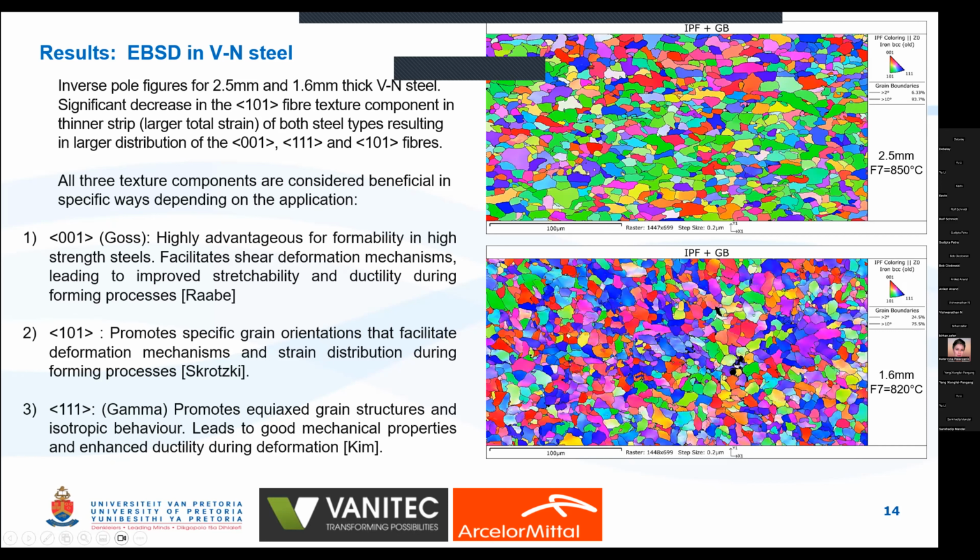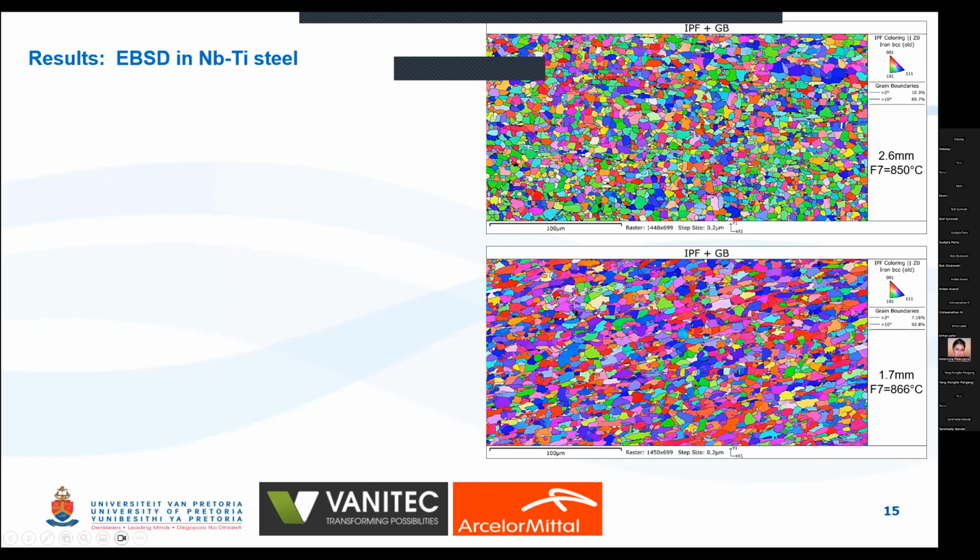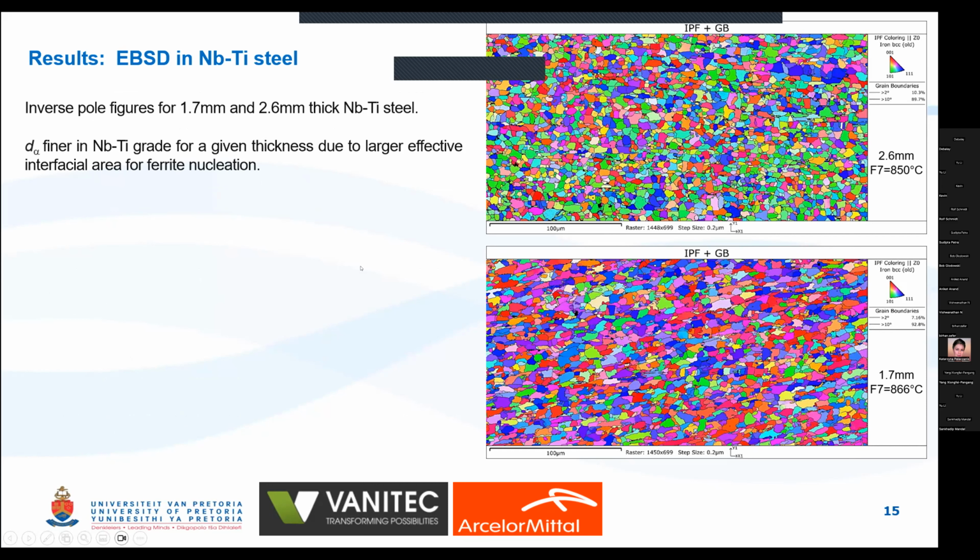but you can clearly see how the 101 has decreased the thinner you go. The same result, interestingly enough, was found in the niobium titanium steel, albeit the niobium titanium much finer, as you can see if I compare the two sets over here. So this one would be for 2.6 and this is a 1.7 over here. Yeah, so I don't want to discuss this anymore. It's grounds for further work. But we thought it a rather interesting finding, the 101 being reduced over there. Because the F7 and coiling temperatures were not exactly the same in these tests, we could not